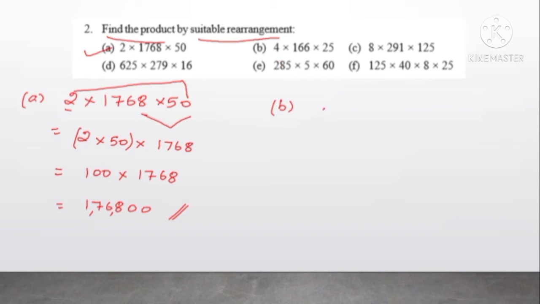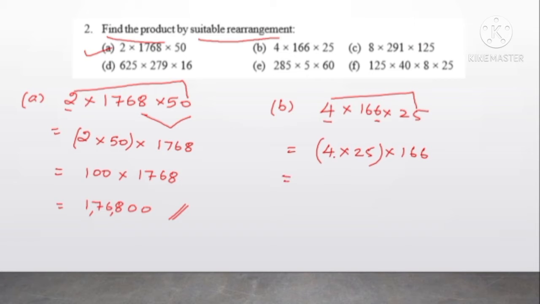Now subdivision B, 4 into 166 into 25. 4 5s are 20, 4 6s are 24. Now when you check here, 4 5s are 20. So you can collect 4 into 25 into 166.